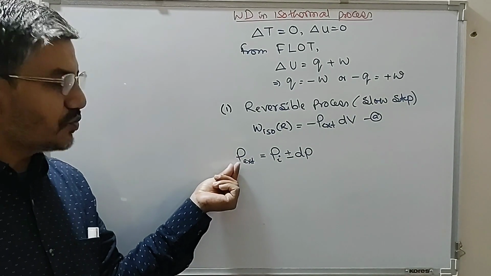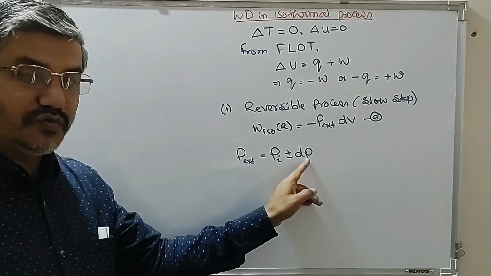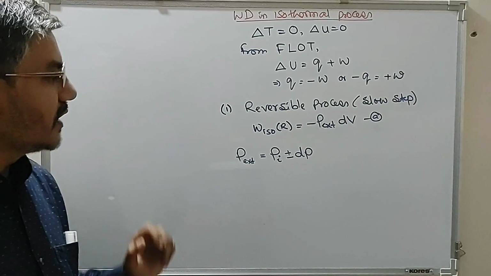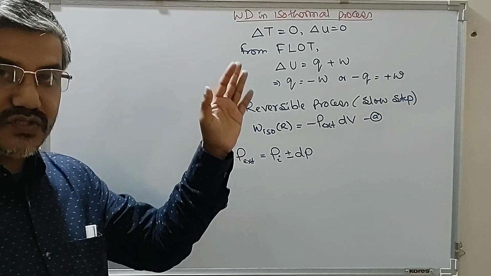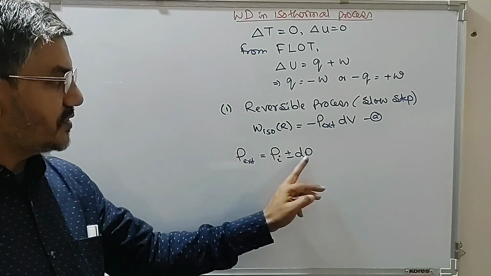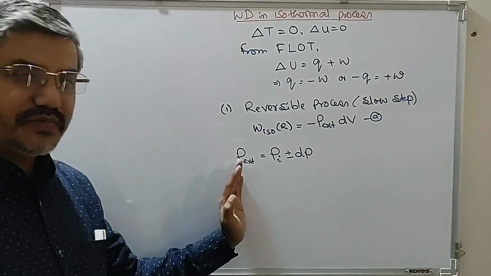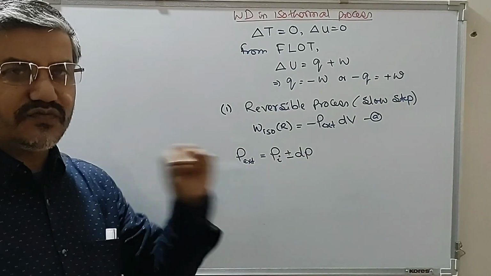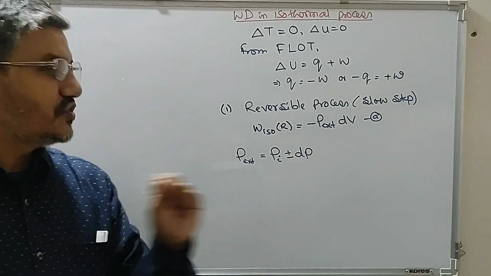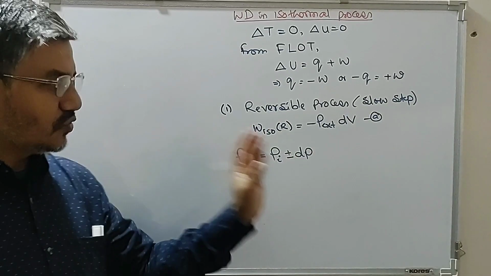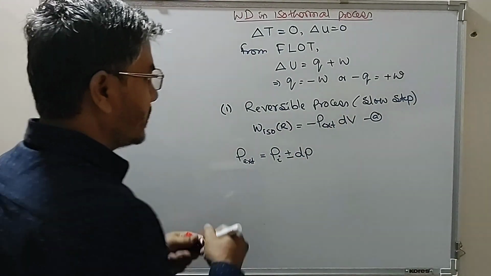If external pressure is more, compression work. External pressure more means dP should be positive. If external pressure is less than internal pressure, we have expansion work. So for this, dP should be negative. So the value of external pressure is internal pressure plus or minus a very small, infinitesimally small change in pressure. Now, using this in equation A,